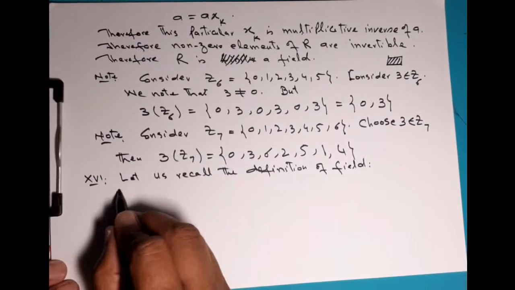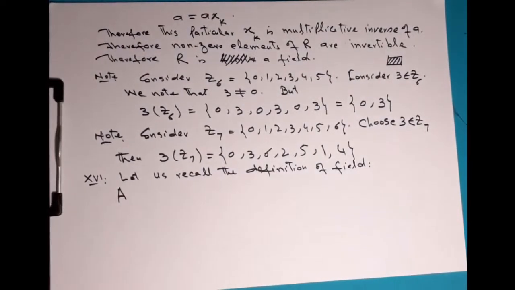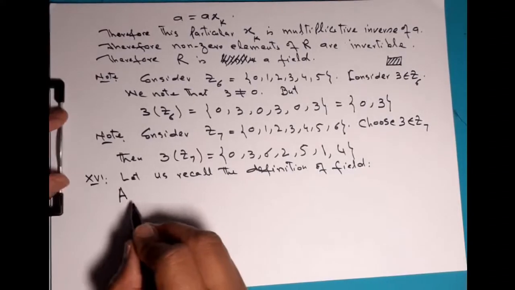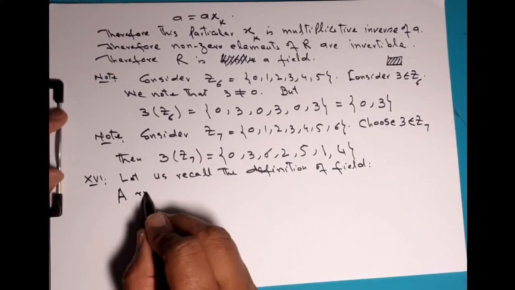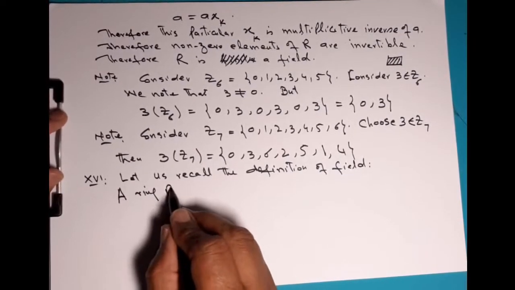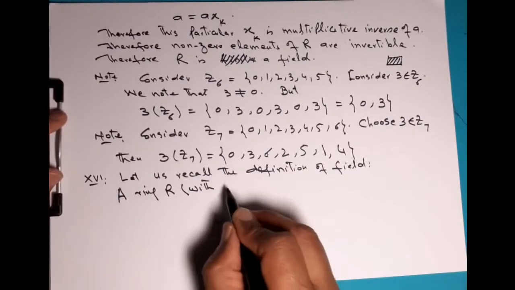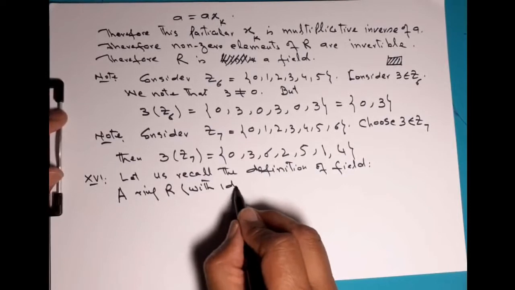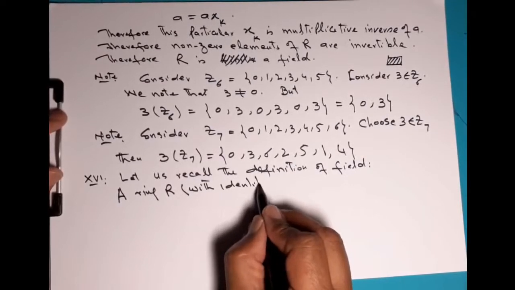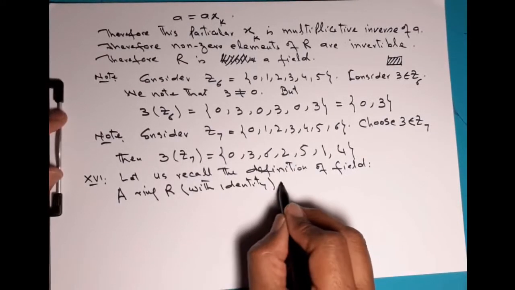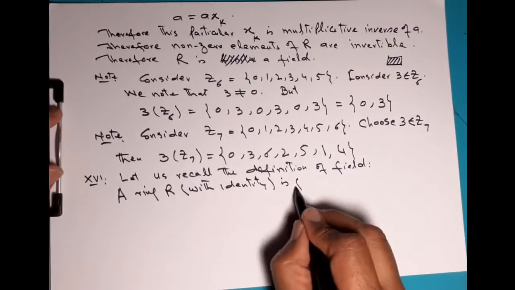A ring R with identity, with multiplicative identity, is a field